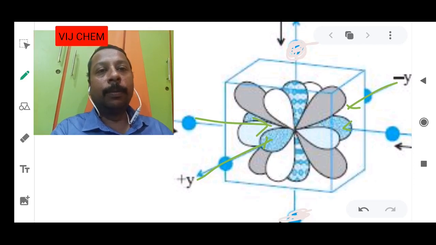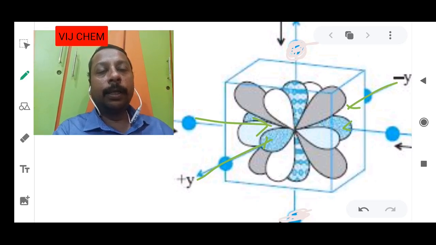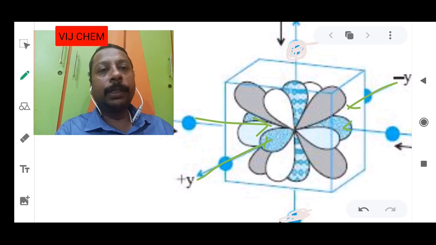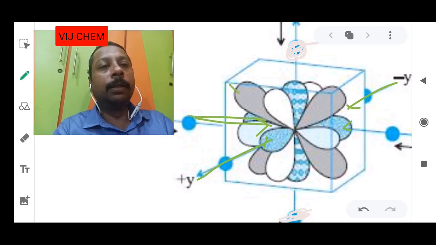Now there is no problem to the dz square because two more ligands are not approaching now. Now the most relaxed orbital will be dz square. Earlier dz square and dx square minus y square were together because 6 ligands were coming, 2 on the dz square. Now those two ligands are not there, therefore there won't be pressure on the dz square. But somewhat pressure is experienced once it is coming here. This is dxy, because they are nearby.